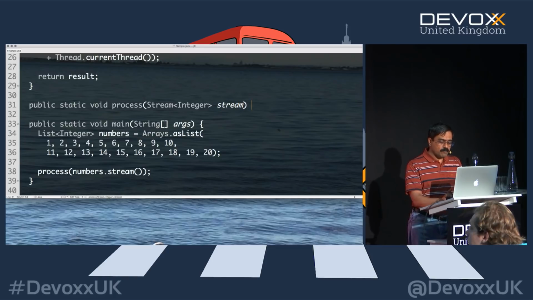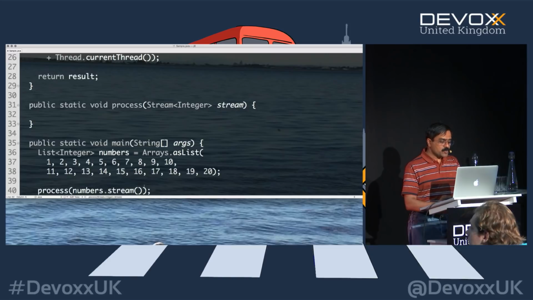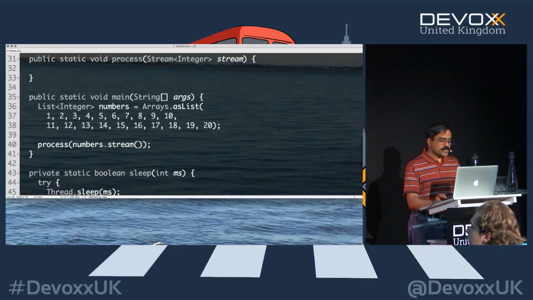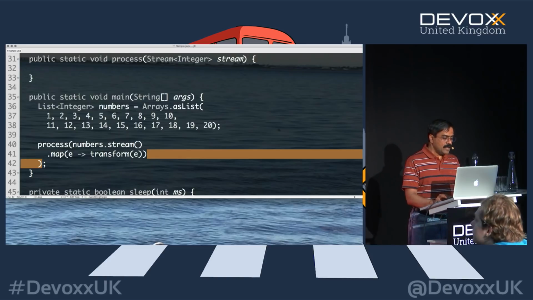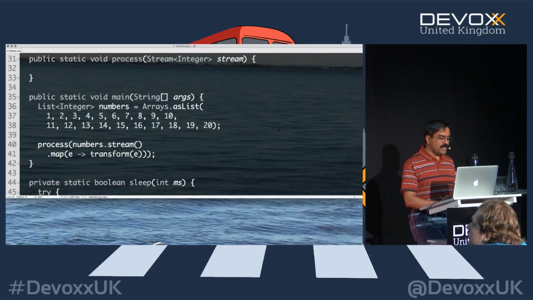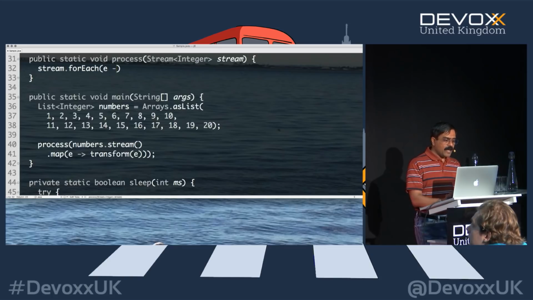In fact, to make it blatantly clear, notice what I'll do here. I will take the stream and I will say dot map, given an element called transform, and then pass it to the element, and then I will pass that stream over to process. Well, within the process, what I'll do here is simply say stream dot forEach, and I will take the element and just discard the value.